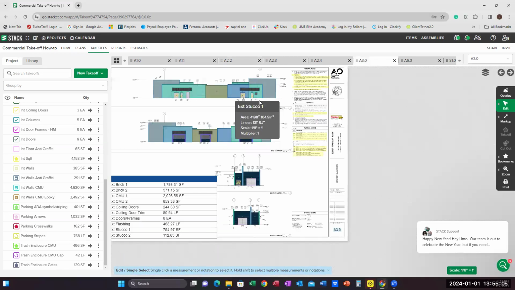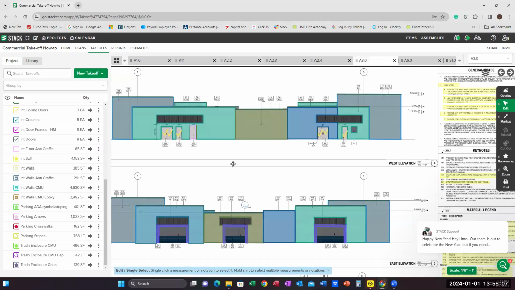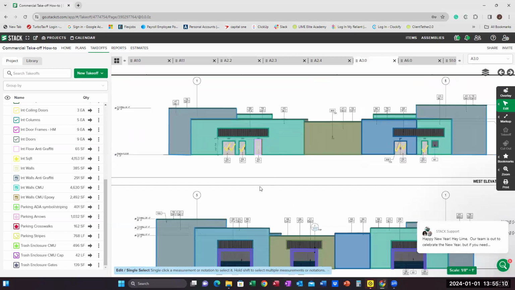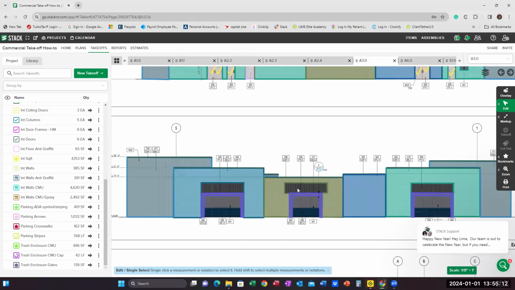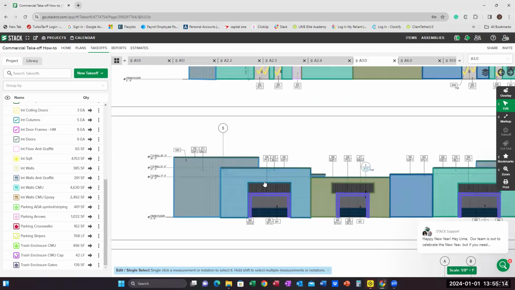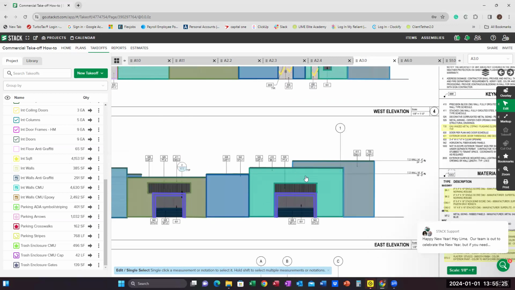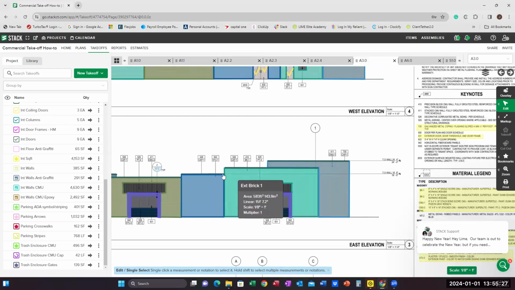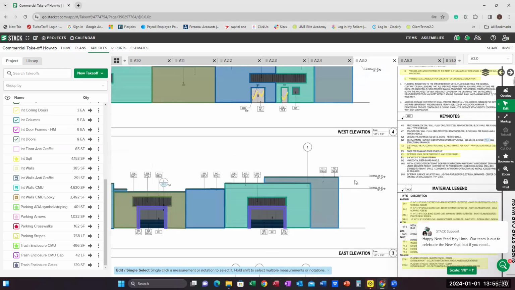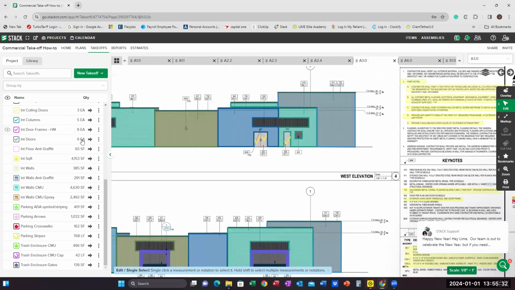Deck height. This is going to be the wash area. So look, this is where the wash area is. You can see 21 feet, 4 inches. So that's what we would go with for the deck height. Now, going back to